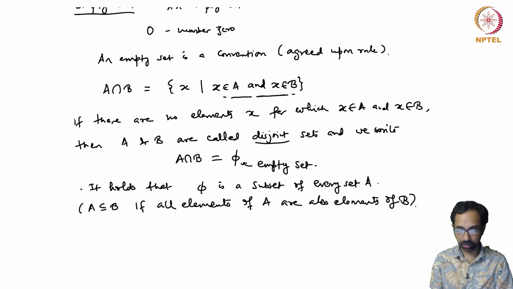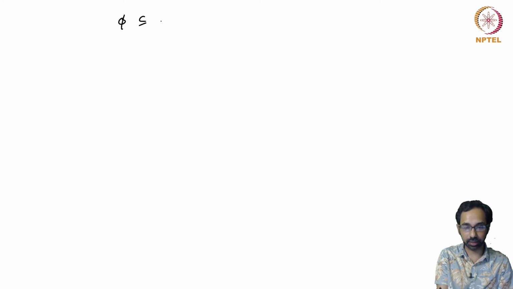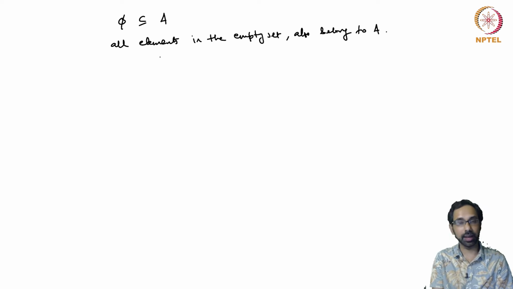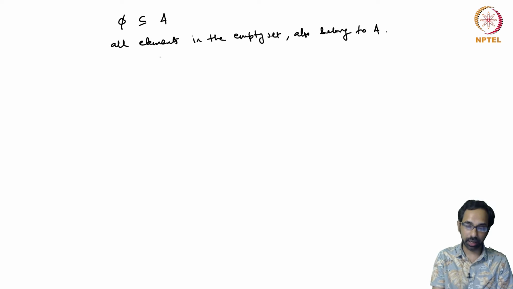But in this case, if you take the statement phi is a subset of A, then we say that all elements in the empty set also belong to A. But the empty set is empty, it has no elements, and so the first part, so this part P,